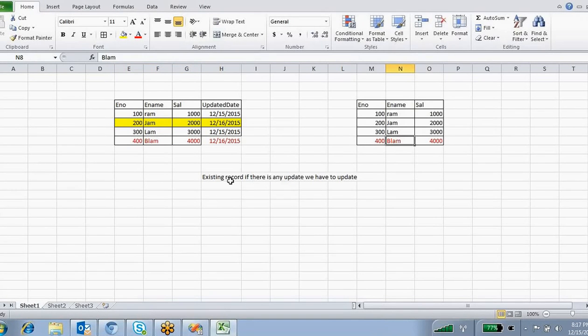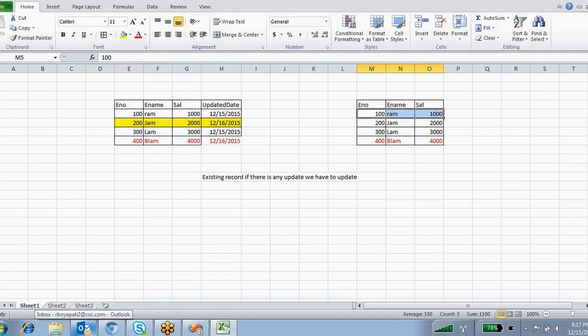Got it? Because if you are not doing this kind of incremental loading, as we call it, then every time it is loading duplicate values, right? 100 ram, it is again loading. No need, it's already there, and there are no updates for this one. If there are any updates for employee number 100, you have to update that record.